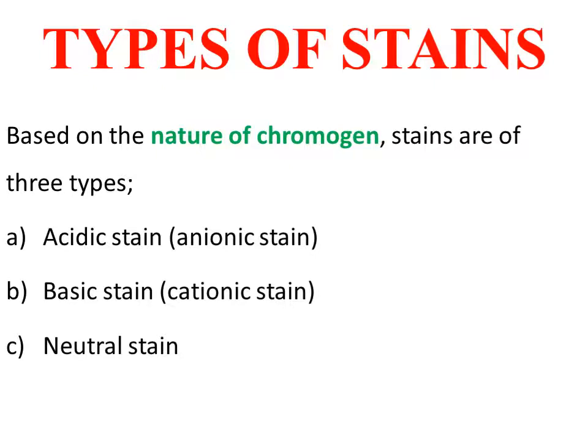And the next one is types of stains. What we discussed earlier is components of a stain. A stain has three components, but what we are dealing with now is types of stains. Stains can be grouped into three types. Number one, acidic stain. Number two, basic stain. Number three, neutral stain. Whenever you have acidic, basic, then the third one will obviously be neutral. What you have to remember is acidic stain is otherwise known as anionic stain. AA, you think like that. Number two, basic stain, which is otherwise known as cationic stain.